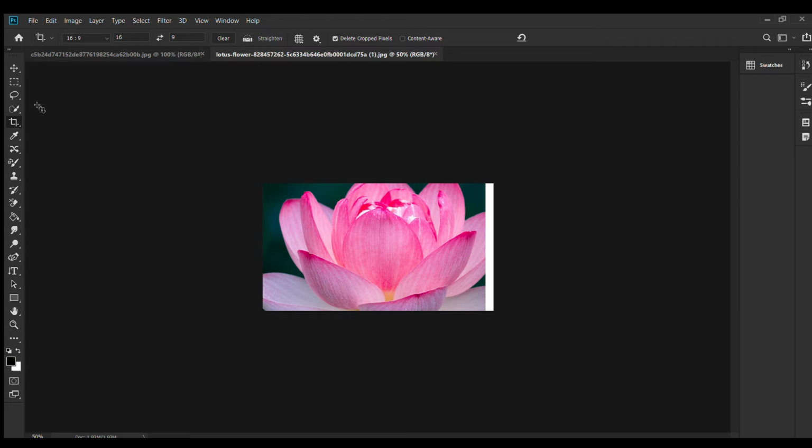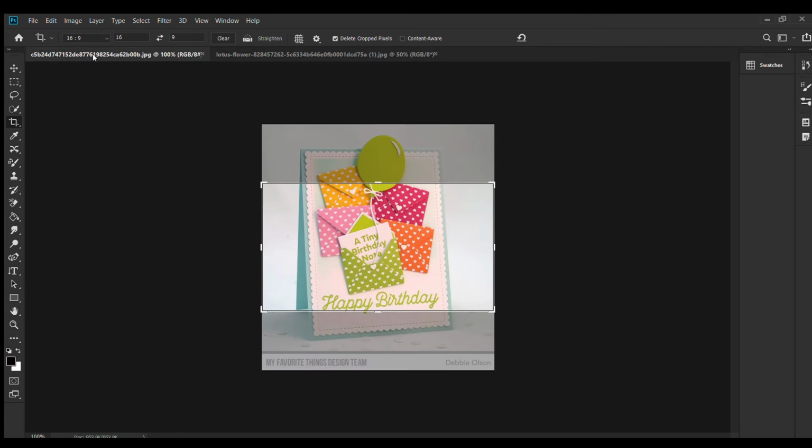Then I'm showing you another example of the crop tool. Here we are going to use the fixed defined ratios. But now I want to use it where I decide how much to cut, and how much to cut to take an object out of a whole image. So now we will see this.